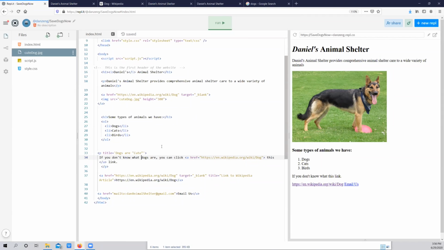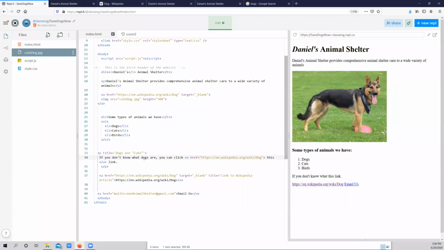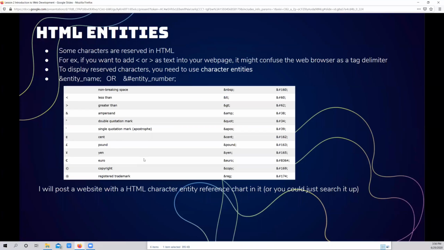basically you use an HTML entity, which is basically a specific string of characters which tells the browser that this is a special character and that it should insert this special character. So for example, we have this less than sign here, which is the arrow thing. If we really want to insert it into the text here, we don't want to do this. We want to do, let's say,